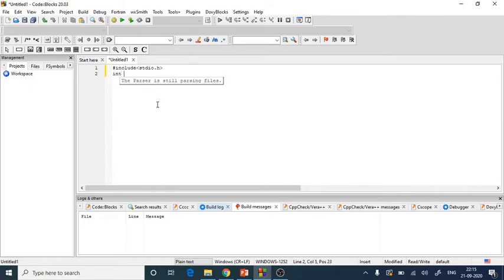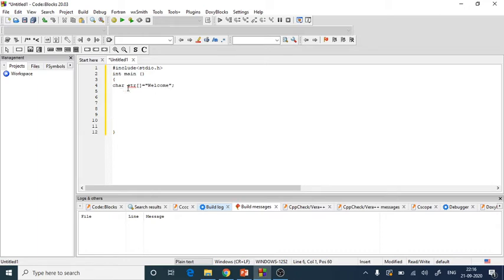Then start with an integer main function like this, and inside that we are going to declare and initialize one string. We'll write char str, then open and close brackets, equals, and in double quotes we can write, if I want, welcome as a string, and then a semicolon.